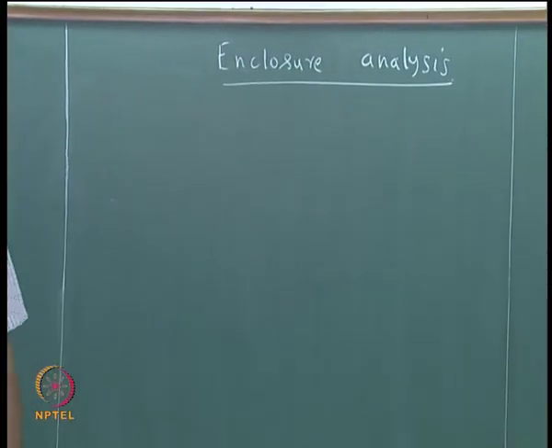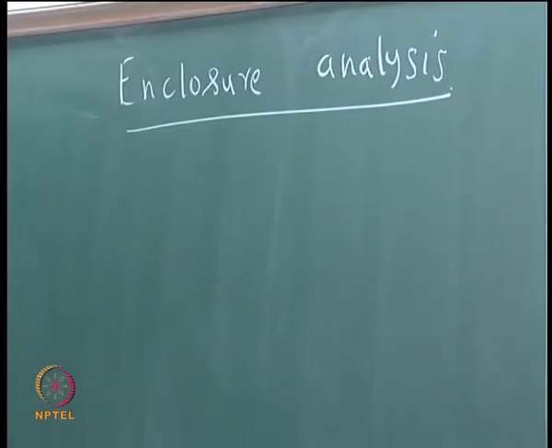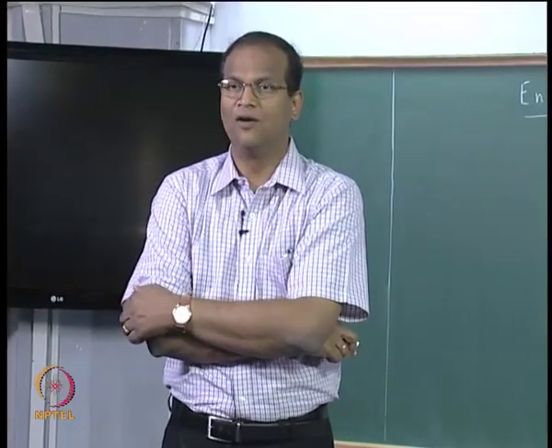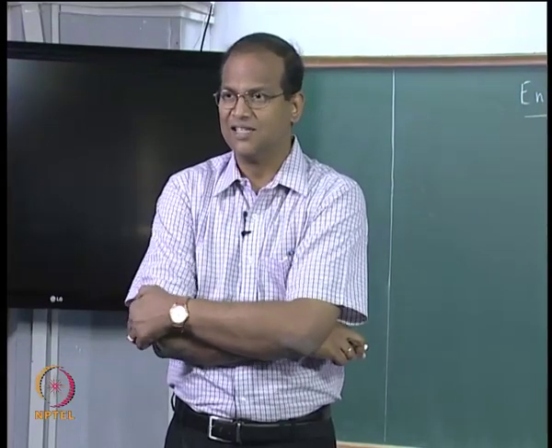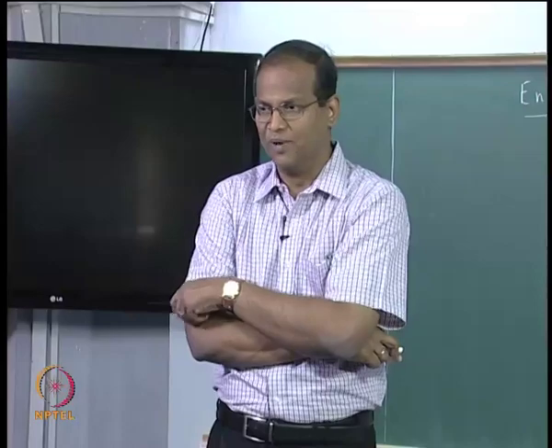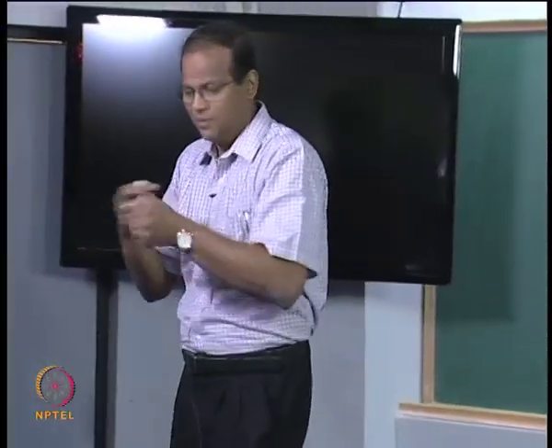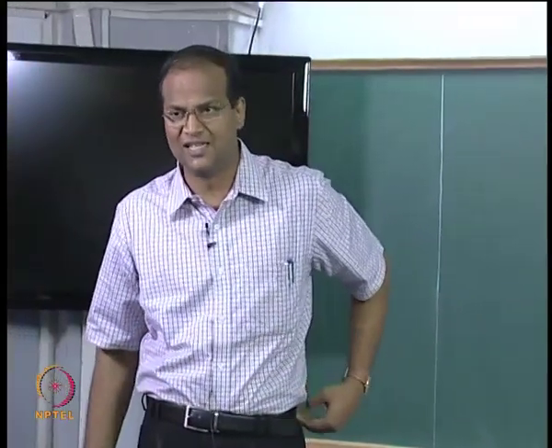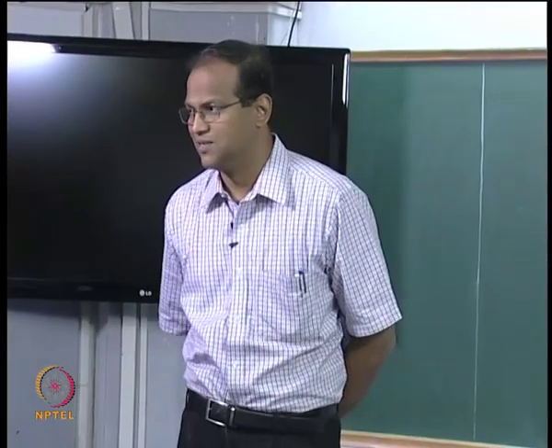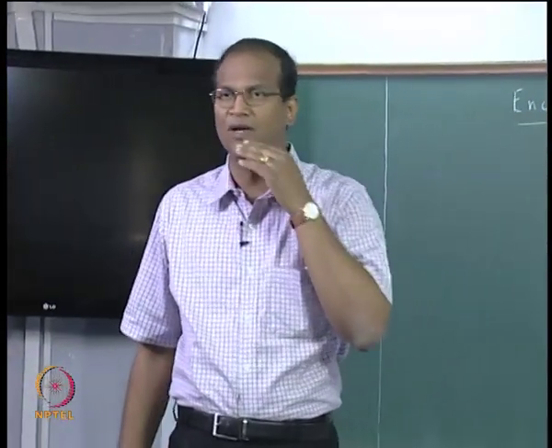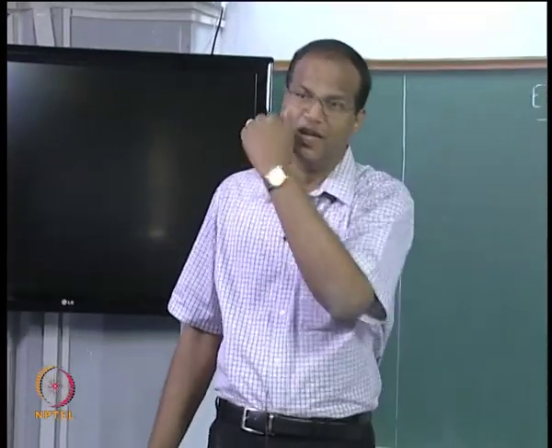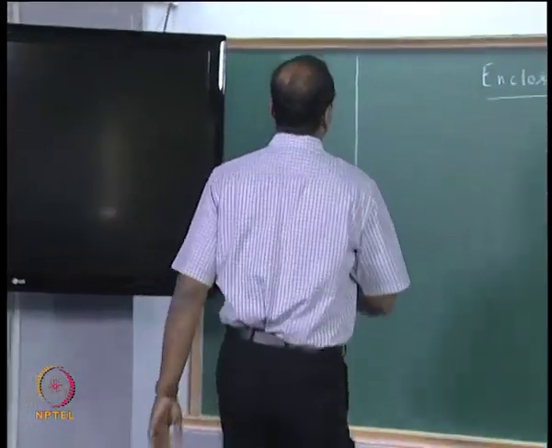There are several ways of doing it. In undergraduate texts and in undergraduate heat transfer courses, people must have taught you what is known as a network analysis. They will draw radiation resistances, put series and parallel combinations, have an analogy to electrical resistance and solve the problem. But the problem with this network business is, as the number of surfaces increases, it becomes increasingly messy to handle all these resistances. So in this course I will not teach you the network method at all. I will teach you what is called the radiosity irradiation method, which is valid from one surface to any number of surfaces. So what we are going to do essentially is the radiosity